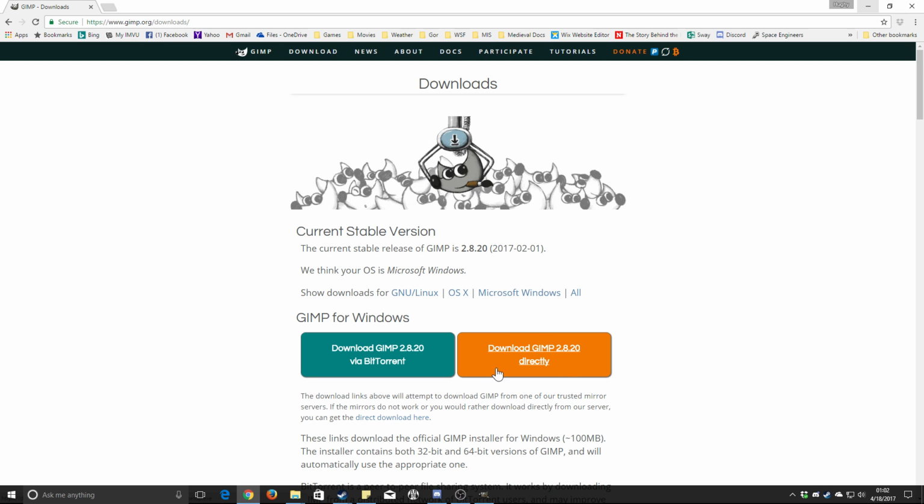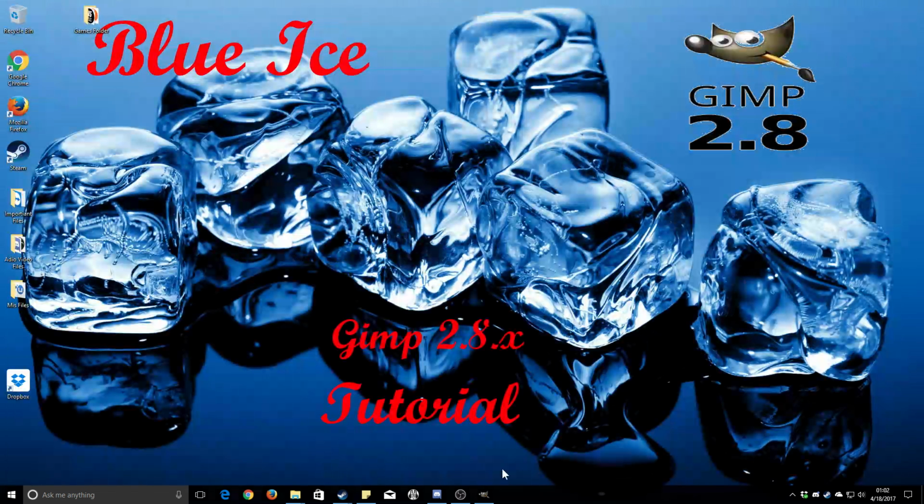You want to download the GIMP 2.8.20 directly. Then you just click the install, and once you get it installed, you click the executable,